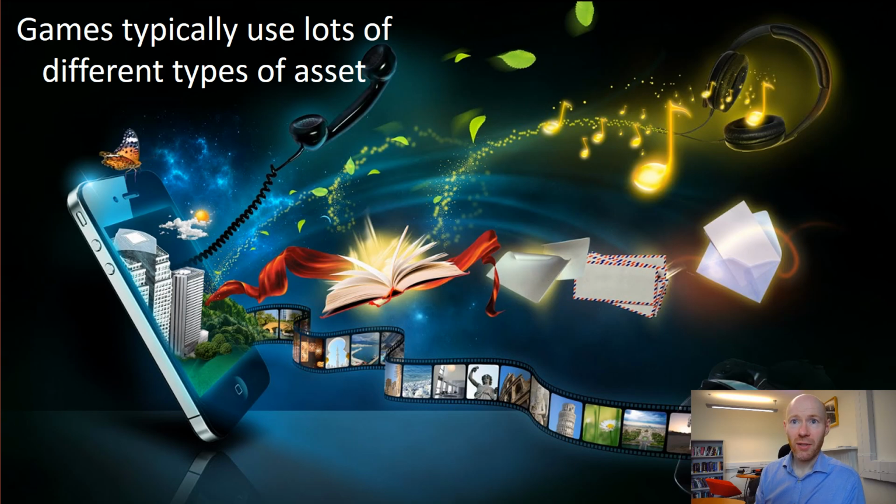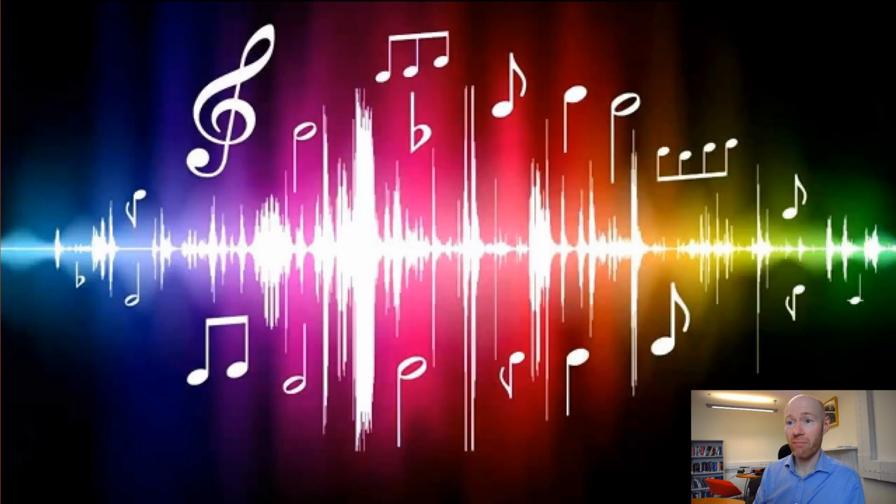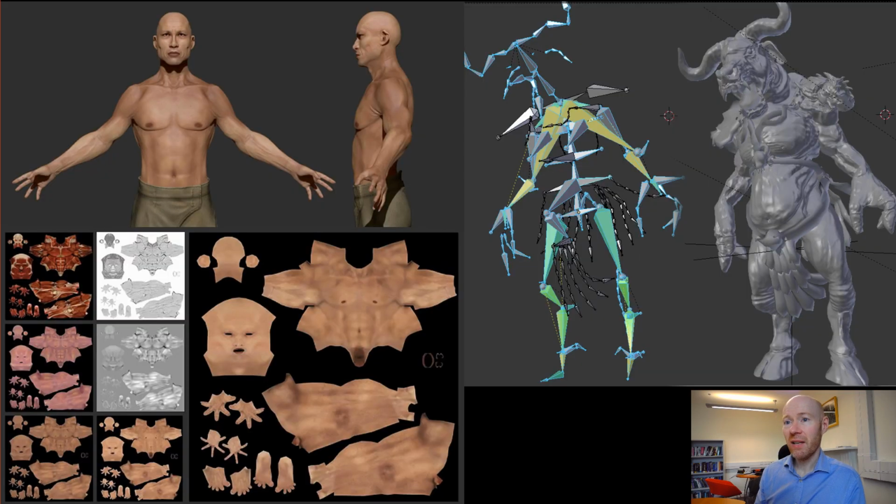By way of context, if you want to make a game, you're making use of a bunch of assets to visually and sonically make the game come to life. There's lots of different types of assets that games can use, depending if they're 2D and 3D. Just by way of some examples, music, sound effects, audio is one example. These are either things that you can stream in, or you can load the clips into memory and then play them. Beyond that, if you're thinking about 3D games, you will have 3D models,